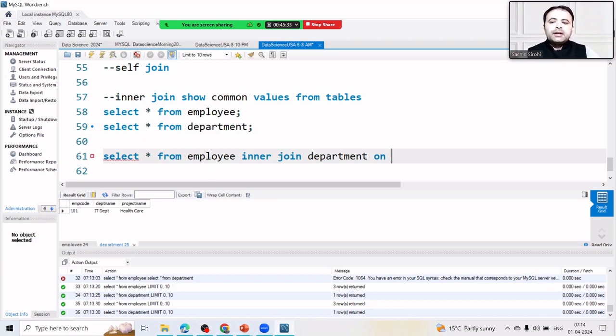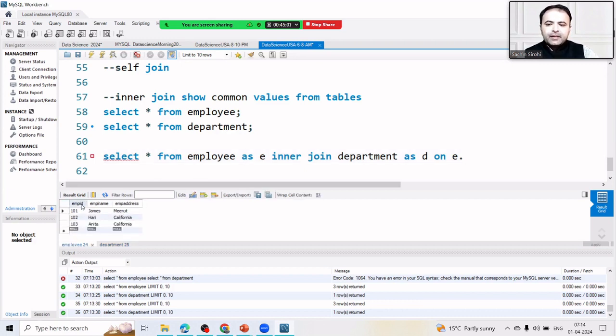Now the table name is very lengthy, so that is the reason I'm giving an alias name or a nickname, like James Smith, so JS. So E. So now we have an E. Now we have a D. Now E dot. So I want to compare the employee code and employee ID. So E dot EMP ID